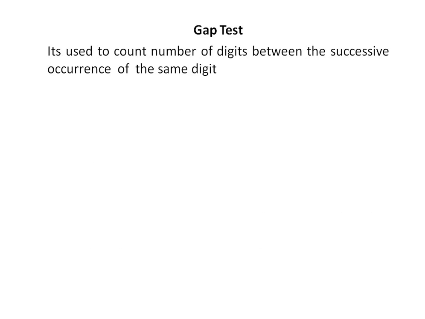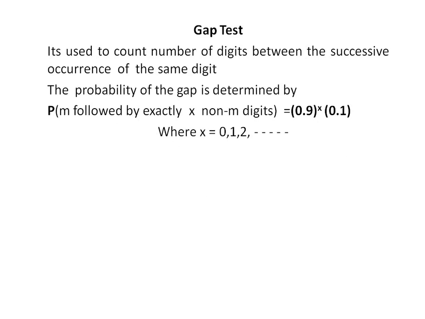And in this session, we learn how to apply gap test to check independence property of random numbers. It is used to count number of digits between the successive occurrence of the same digit. Here we have to determine the probability. The probability of the gap is determined by